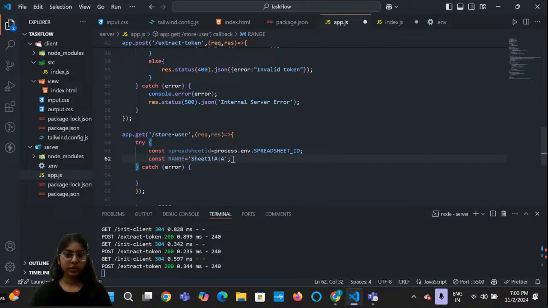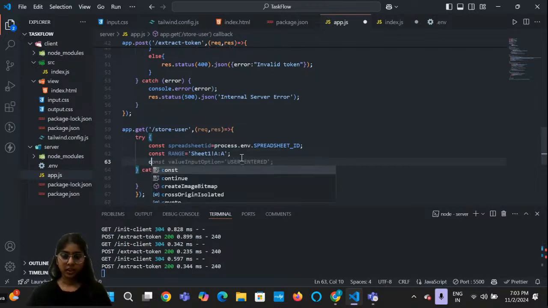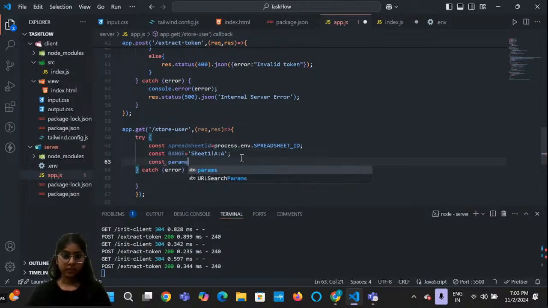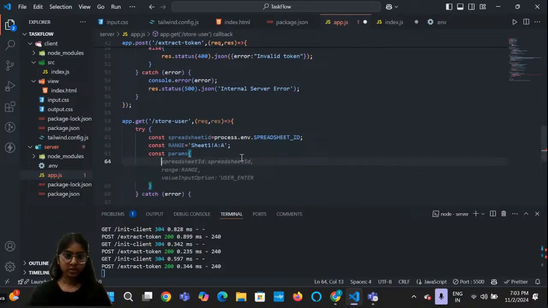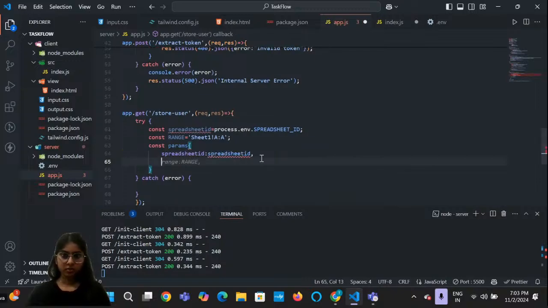So I want to store it over there. And then I will create a form, params, in which spreadsheet ID will be this spreadsheet ID. Okay, constant params, spreadsheet ID will be,